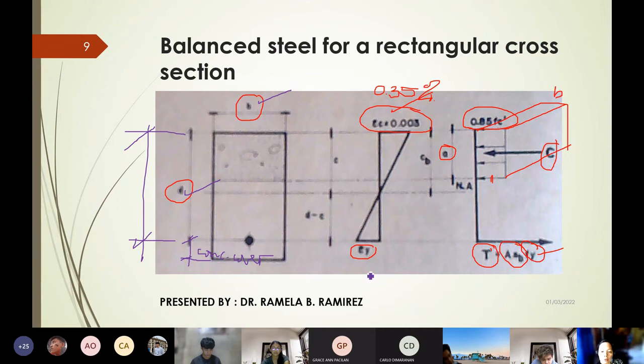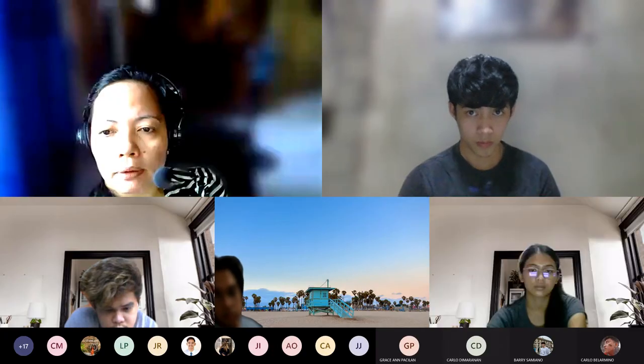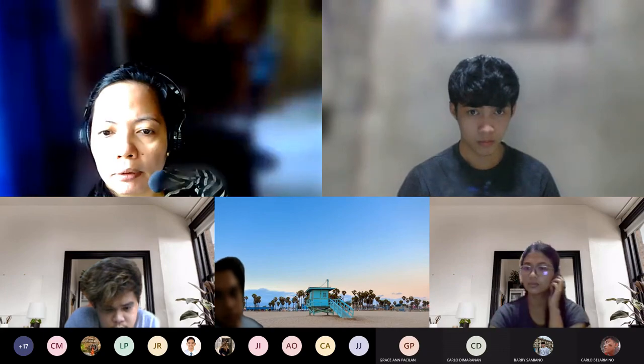So if you are going to draw the strain diagram for the beam, this will be the strain diagram. The beam will achieve 0.003 maximum concrete